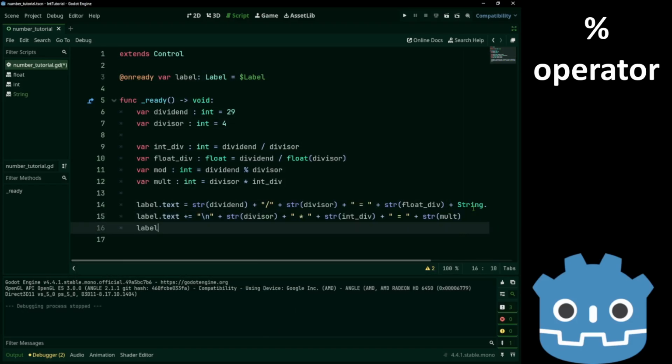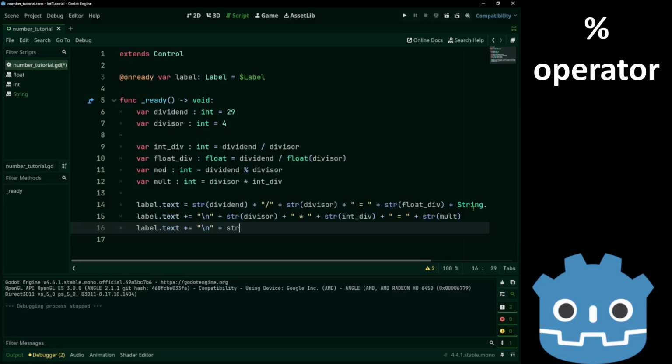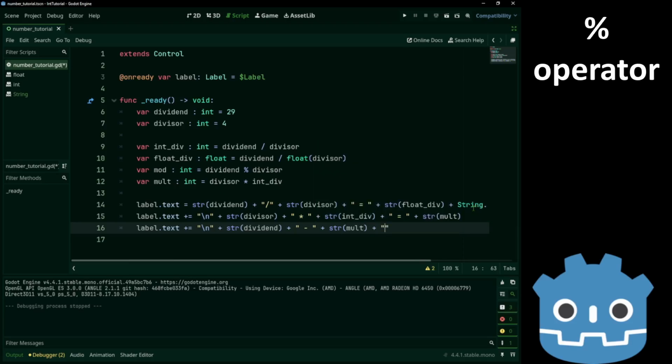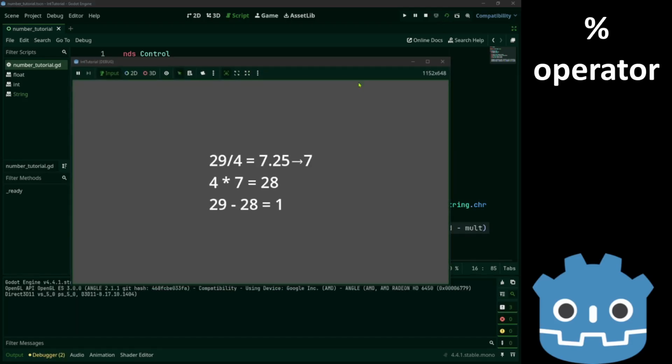So let's write that. And we get 29 minus 28 equals 1.